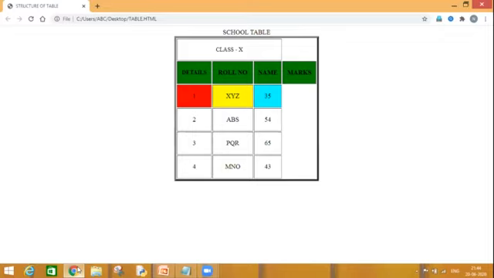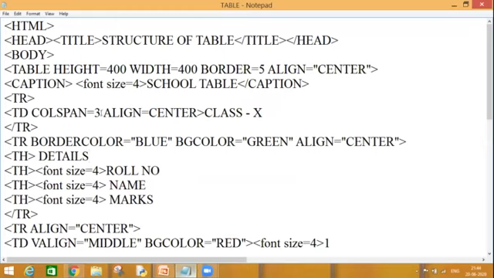So as I can see, in my second row, 4 cells are there, and in the rest of the rows, 3 cells are there. So all the cells are shifted to the left-hand side, and marks is left all alone at the right-hand side. Now data is scattered here and there. How to organize it properly? Let's have a look. I merged my 3 cells together.